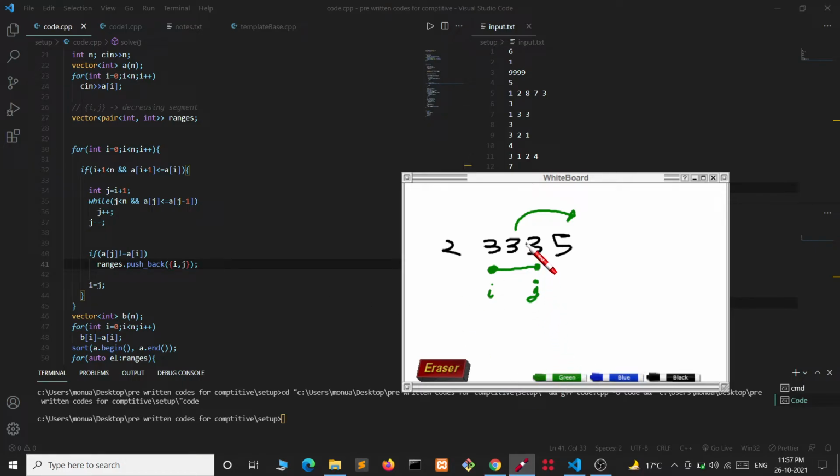Like if there was a 2 in place of this 3, then we should reverse this to get 2 2 3 3 5.